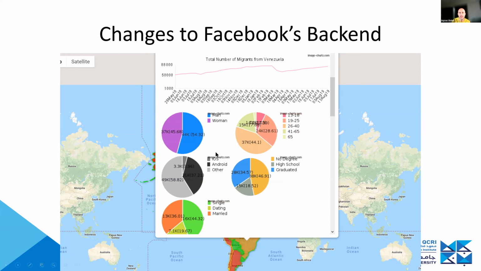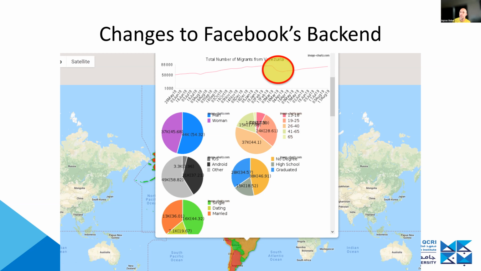So what you're seeing here is a dashboard that we created in particular for UNHCR, where this particular screenshot shows data about Venezuelans living in Brazil, right? And if you just look at this top trend line, you see this sudden dip, right? Like in March 2019 or so, the number actually went down, right? And so it's a question, what's going on, right?